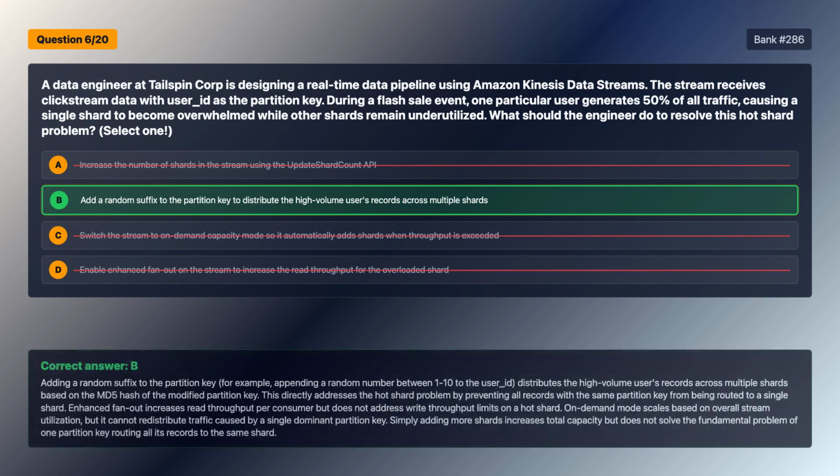The correct answer is option B. Adding a random suffix to the partition key, for example, appending a random number between 1-10 to the user ID, distributes the high-volume user's records across multiple shards based on the MD5 hash of the modified partition key. This directly addresses the hot shard problem by preventing all records with the same partition key from being routed to